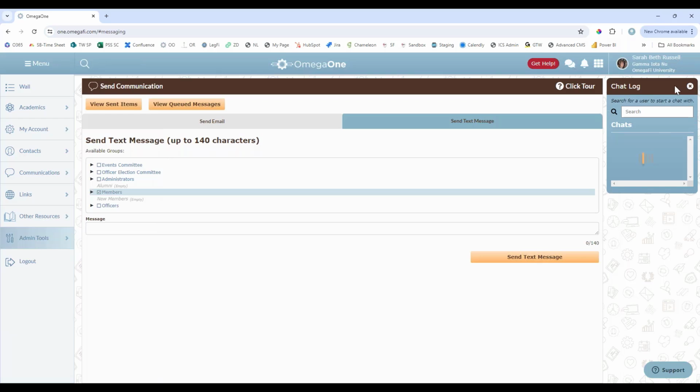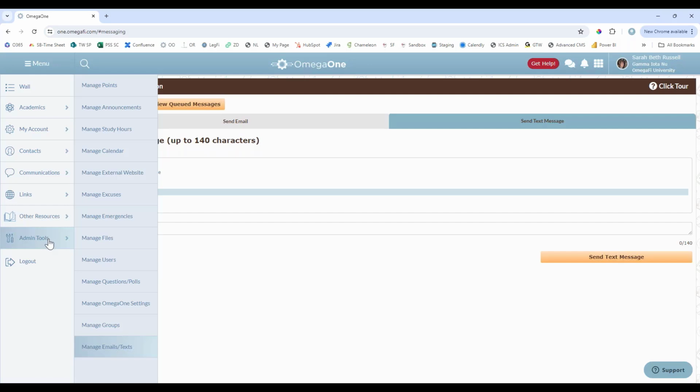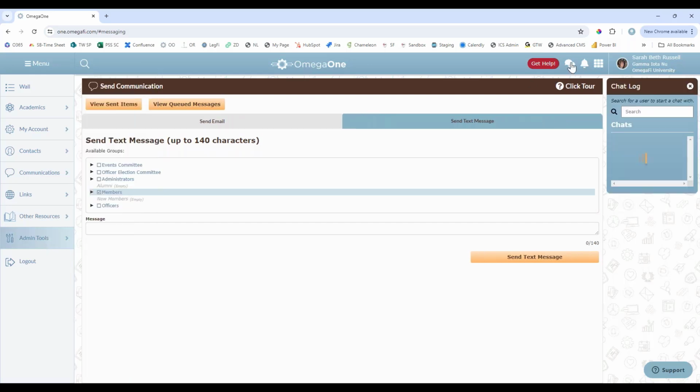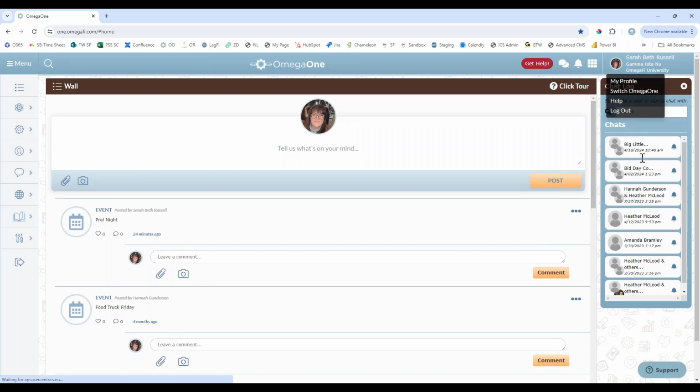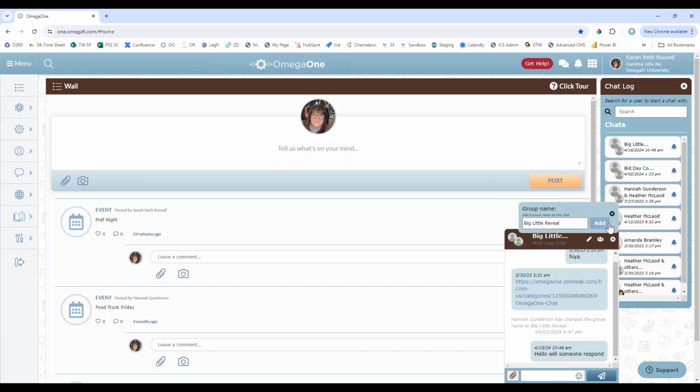The last one you have is OmegaOne chats that you can do as well. So here we have a chat log. You can exit out of that if you want and pull it back up just by clicking your little chats here. There it is. With your chats here, you can click into them to open that and add people to this.